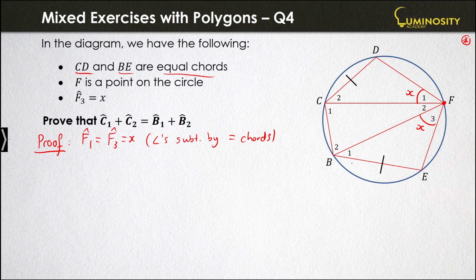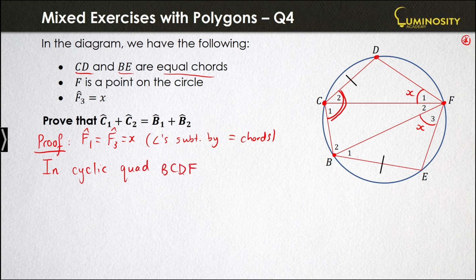So immediately, I notice in this diagram that all the points are on the circumference, and if I look at four lines that are joined together, I can come up with a cyclic quadrilateral. So if I look at, for example, over here, B, C, D, and F, that is a cyclic quadrilateral. And I know some properties about cyclic quadrilaterals, namely that their opposite angles are supplementary. Because I'm interested in angles C1 and C2, which are both inside this quadrilateral, I can say in the cyclic quad